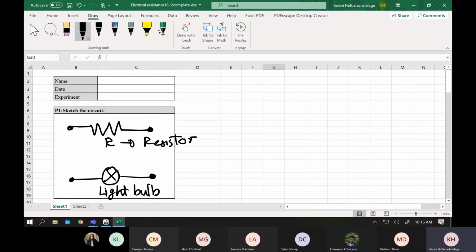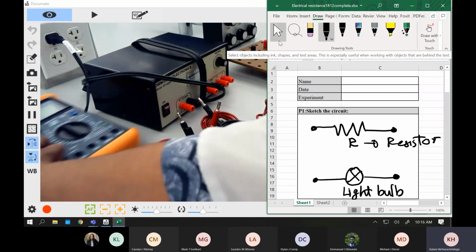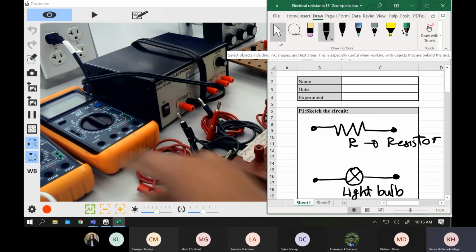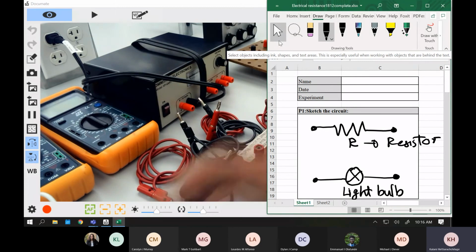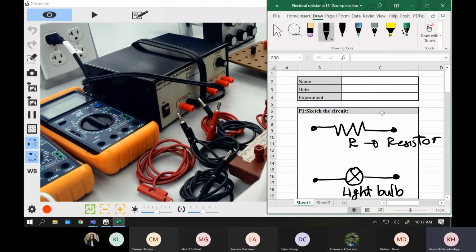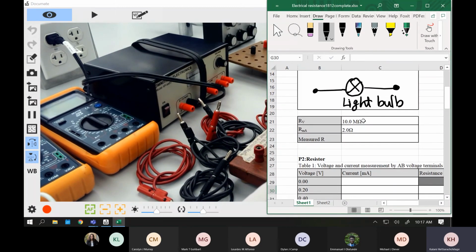So we're done with the first part, and the next part is the internal resistance. As I mentioned, for your voltmeters and all the multimeters, I have two orange things in here. These have internal resistance, right? Because they have a circuit inside. Because of that, they have internal resistance. That internal resistance we're going to measure at the end of the class. But on your table, I mentioned that in here. This is from your lab manual. Okay, so all the multimeters we have in our laboratory, the internal resistance will be that much.